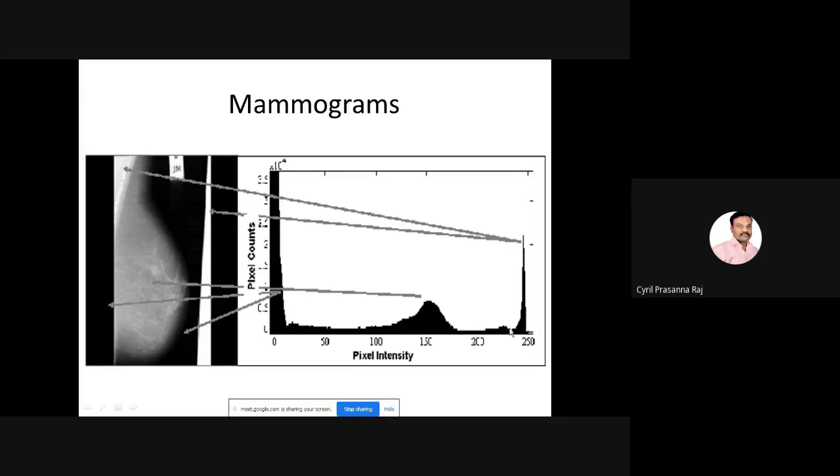All the white color on the right indicates maybe some other part of the body. But this part, wherein the intensity varies from 100 to 200, is the place where there may be a tissue that may lead to the presence of cancer in a given mammogram image. So by processing this part of the image, the pixels between 100 and 250, we can identify whether there are any abnormalities in the image.